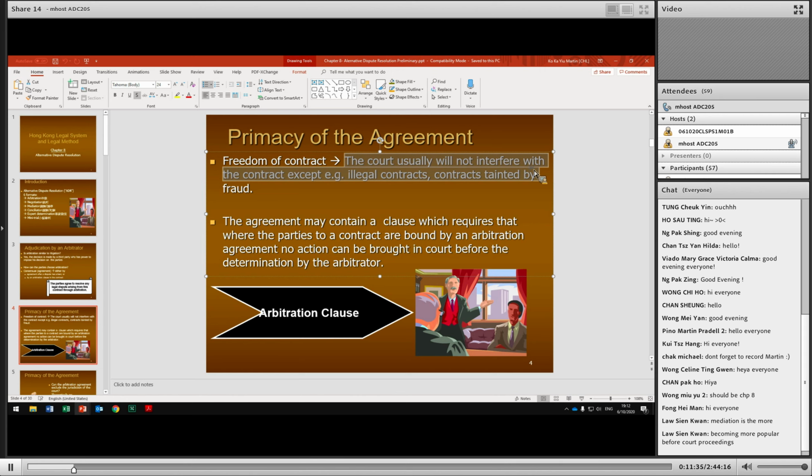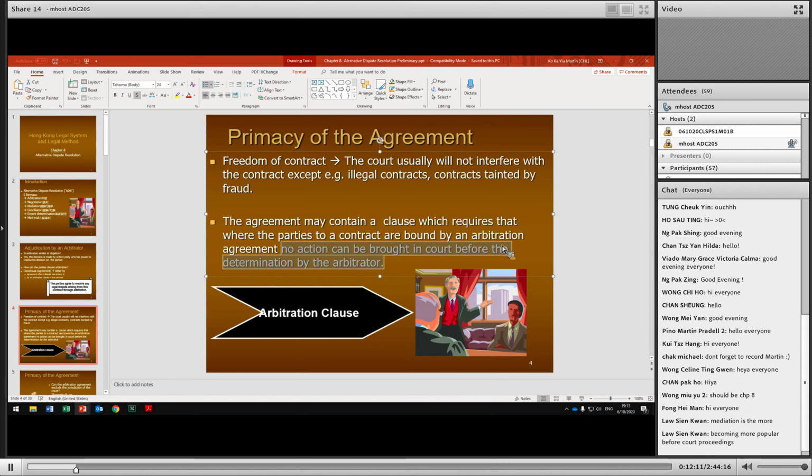For example, you sell the product at a certain price, the court will not say, oh, it's too low, so you have to raise the price. Okay? So usually the court will not interfere. So the contract between the parties, the document is called an agreement. The agreement may contain a clause which requires that where the parties to a contract are bound by an arbitration agreement, no action can be brought in court before the determination by the arbitrator. The effect of the clause is that it will exclude